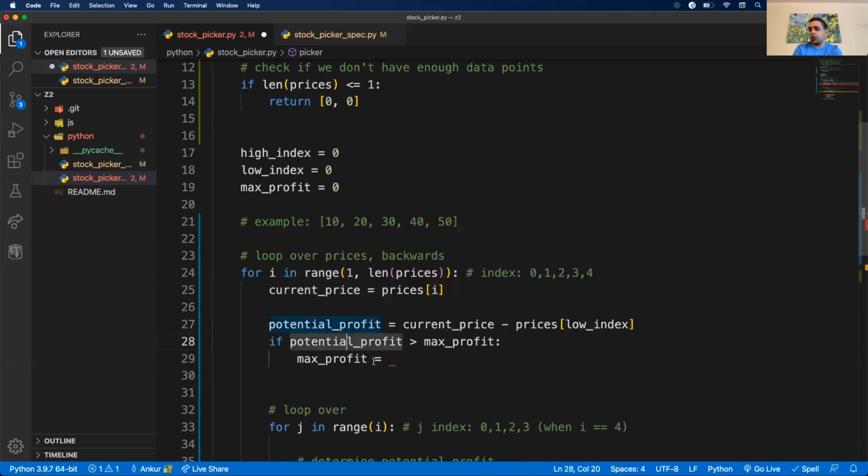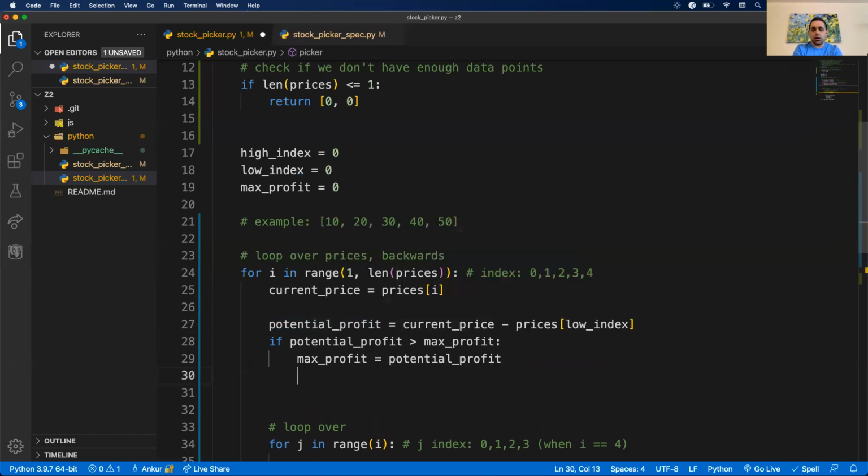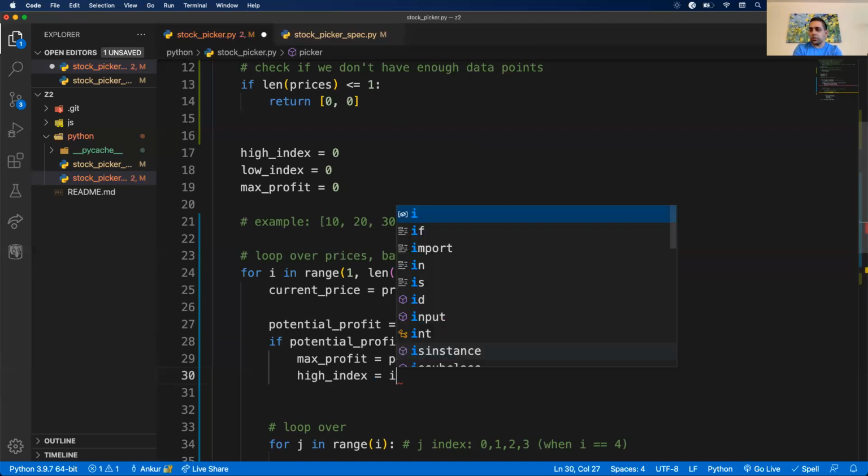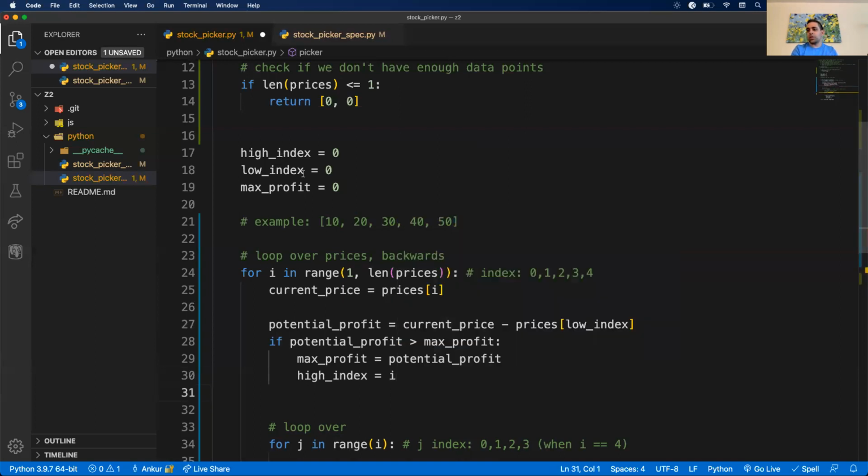Potential profit, right? That'll be our new max profit. If it's greater, then we want our high index to be equal to today, which is the value of I. But we also need to keep track of low index. So if we find a lower low, we want to update that. So here, we'll also have a check of